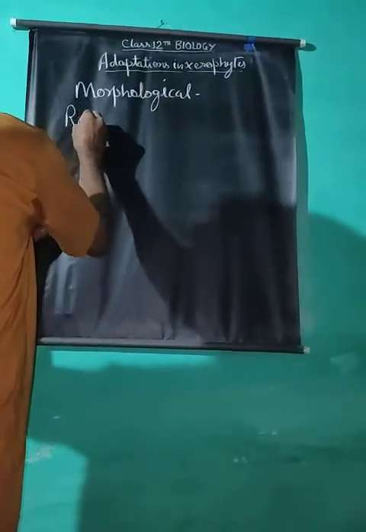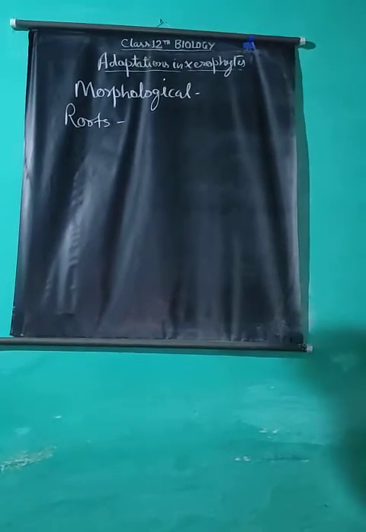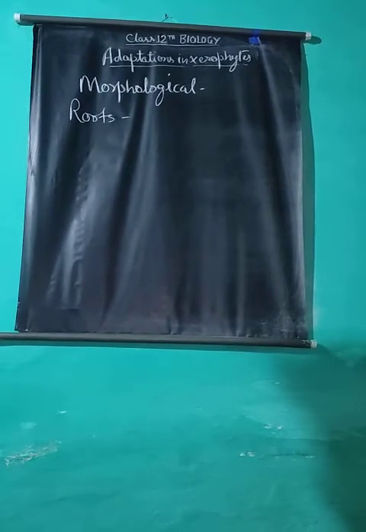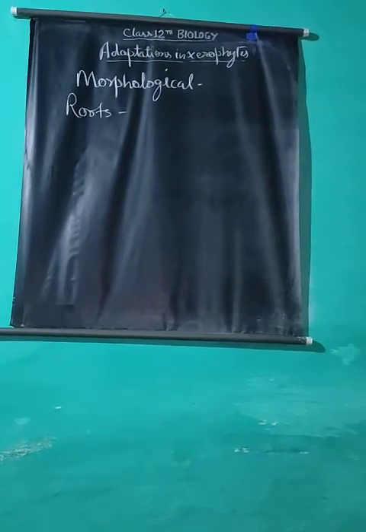Morphological adaptations in roots of xerophytic plants. Xerophytes have a well developed and extensively branched long root system. Their root system is generally longer than the shoot system. For instance, the root system of Prosopis grows up to 65 feet below the surface of soil. Root of alfalfa reaches 130 feet, and root of Tamarix may be as deep as 175 feet.